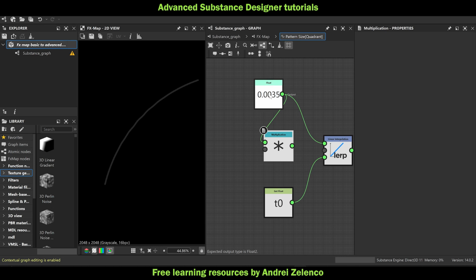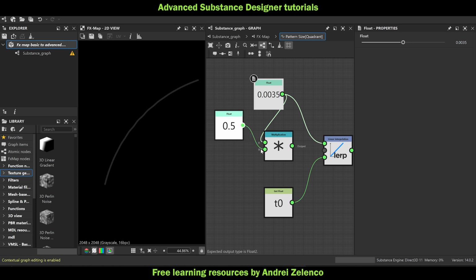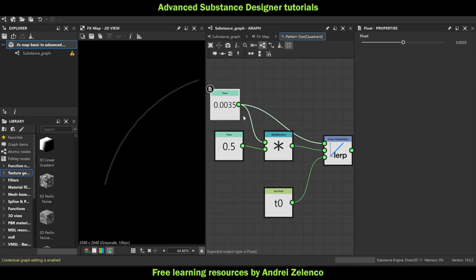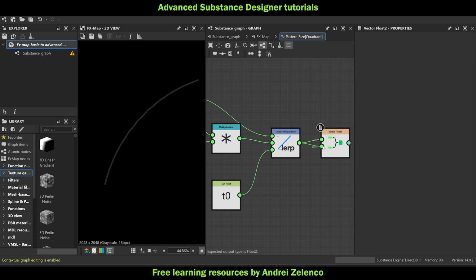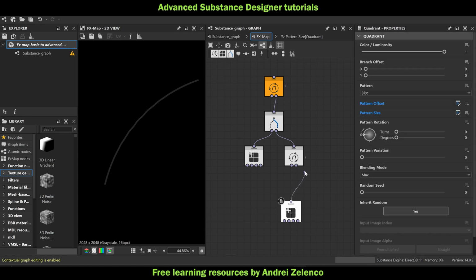So let's say that I want the other value to be half of this one, so I can just do 0.5 here. So whenever I change this, it's going to be automatically just half of this one, and I think this is a good practice to do. And then just cast this into a vector float 2, set it as an output,